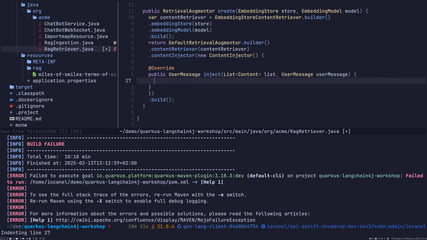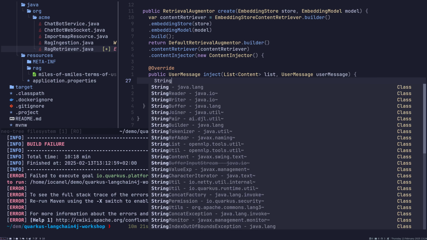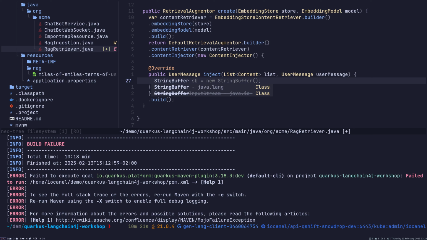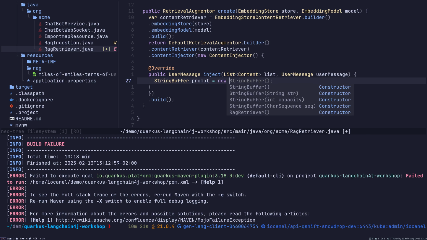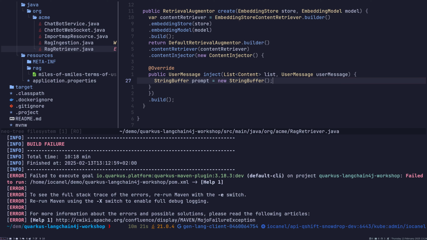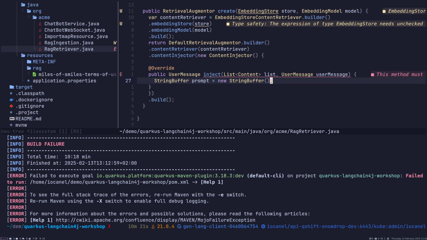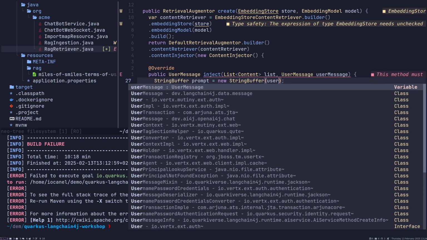And now let's try and implement that method. For starters, we are going to create a string buffer called prompt. There will be a new string buffer from user message,